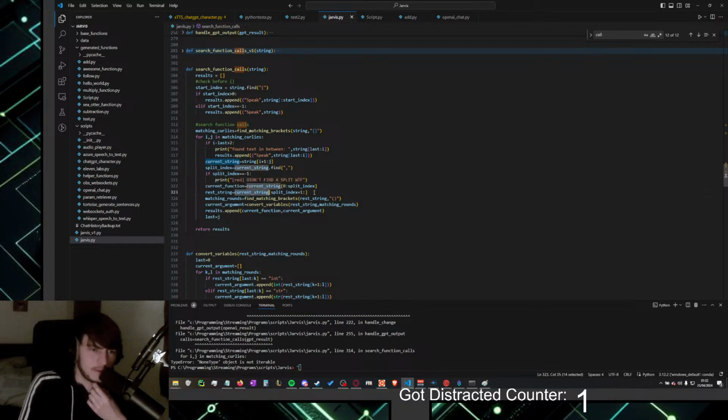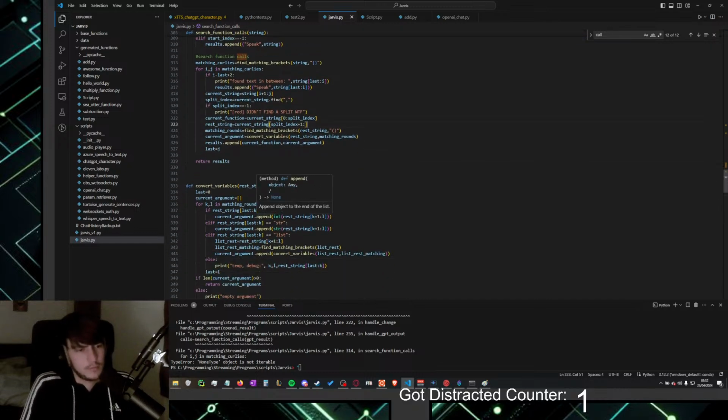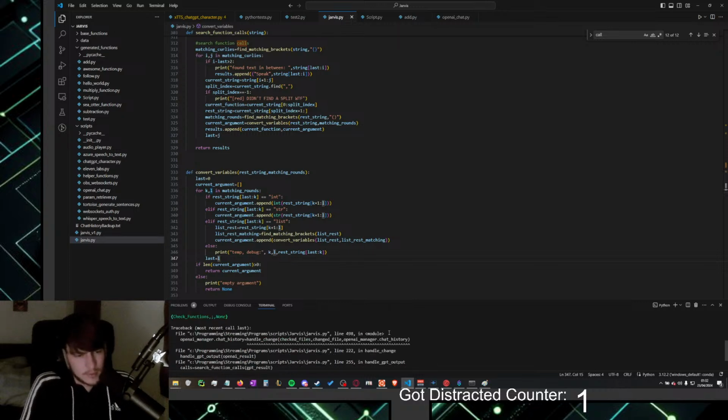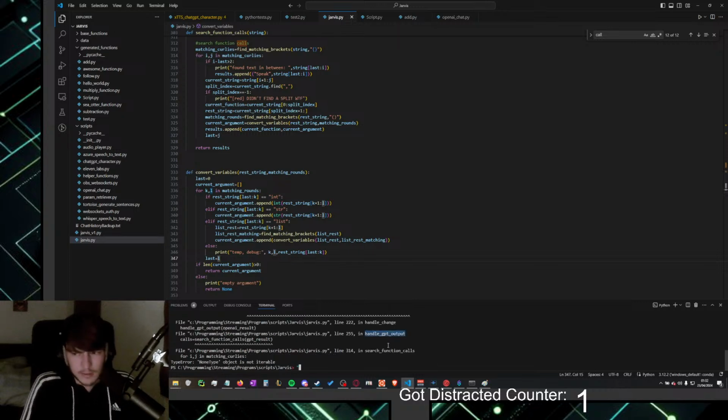If rest string is none, then just return none. Or I should make an extra case for if it's none, or if there's no brackets. Wait, shouldn't it be able to handle no brackets?